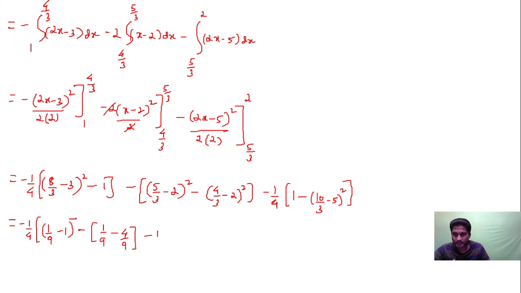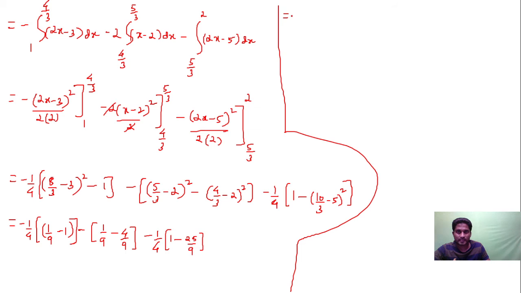So let me close this bracket. Yes, this minus 1 by 4. Upper minus lower, again this is upper minus lower, minus 1 upon 4. Upper minus lower will be equal to 1 minus, cross multiply, 25 by 9. So this is equal to minus 1 by 4, minus 1 by 4. If you cross multiply, you get minus 8 by 9. Minus 8 by 9, this is minus 3 by 9. Minus 3 by 9, minus 1 by 4. If you cross multiply, you get minus 16 by 9.